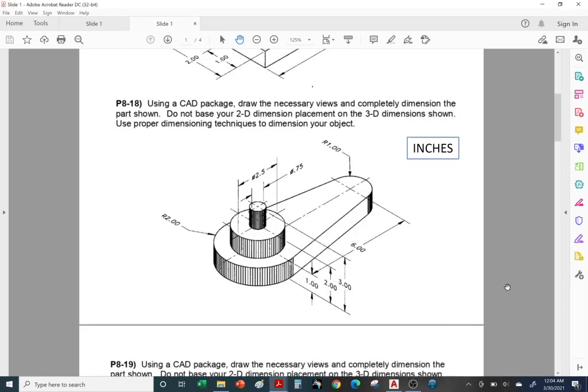We're going to go over problem 818. Once again, we're going to take this isometric view with dimensions and create some views, front and top or front and side view, and use these dimensions to correctly dimension our views. All right, so let's take a look at the